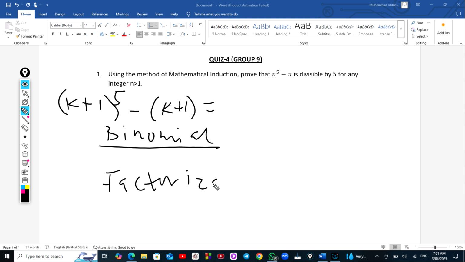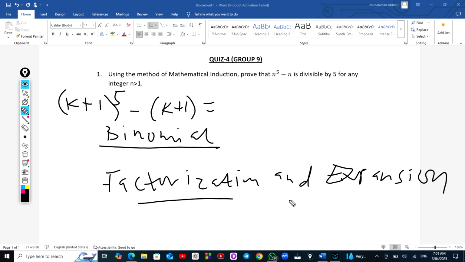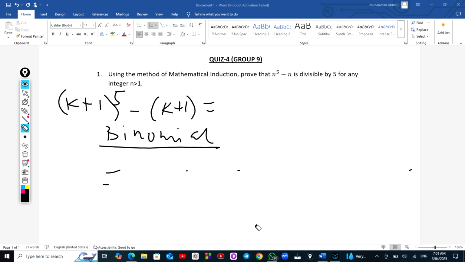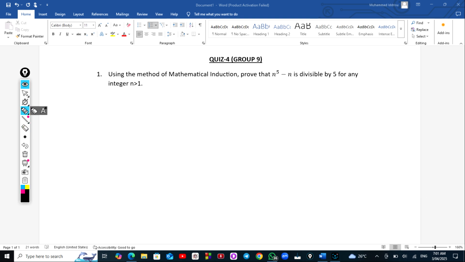So factorization and expansion, this is our second method. Alright, so we have our k plus 1 all to the power 5 minus k plus 1. So if we are to use the binomial expansion,